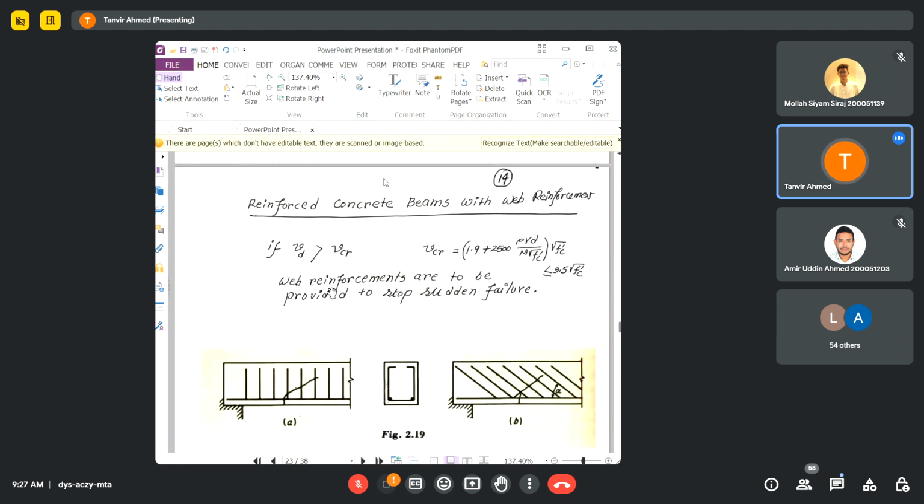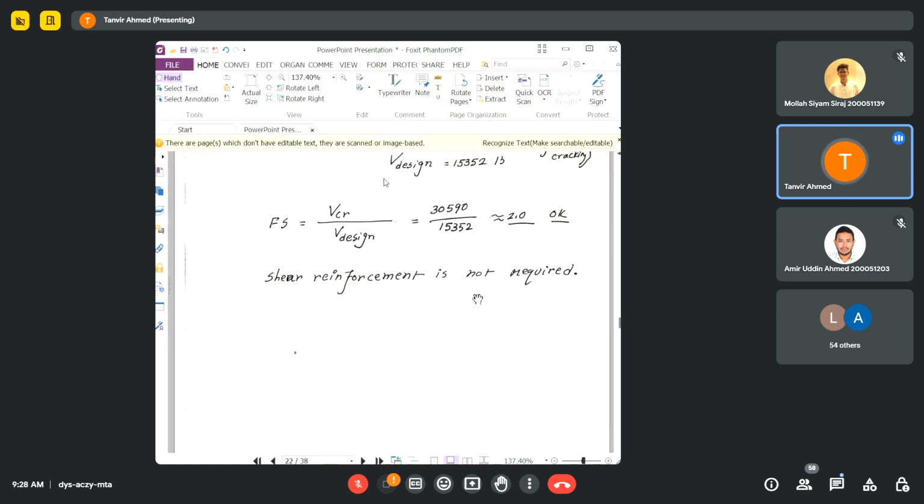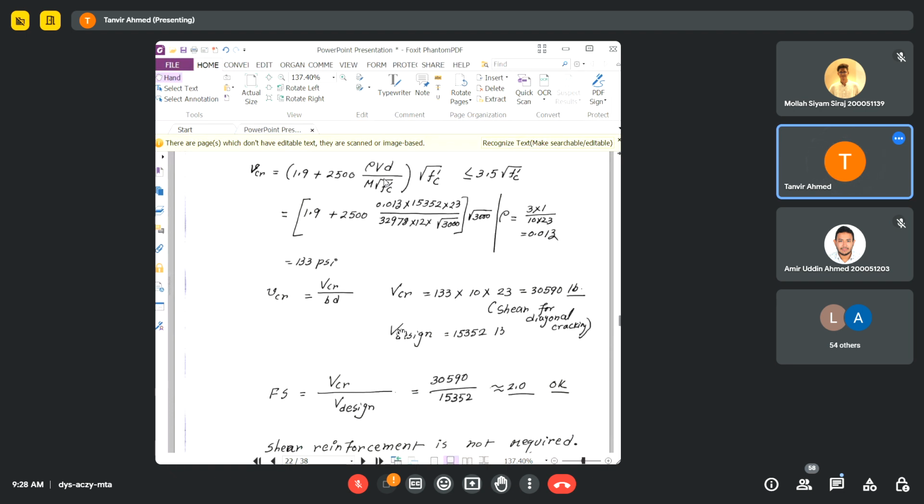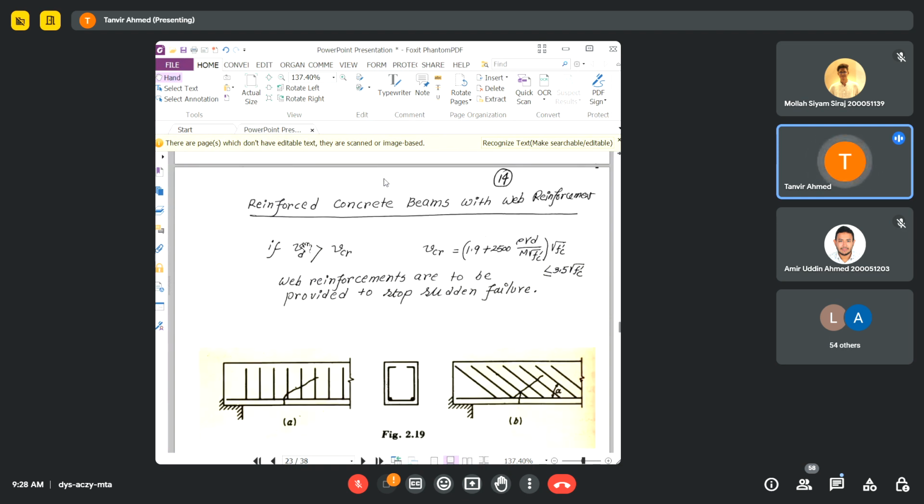Okay, now the question was from Amir: what if the design shear force is larger than the shear force capacity of the concrete? So this is the thing being discussed here. If my design shear strength, small Vd, which means design shear strength or design shear stress, saying stress might make it easier to understand, because this is the stress coming from the external load. So if the design shear stress is higher than the shear strength of concrete,